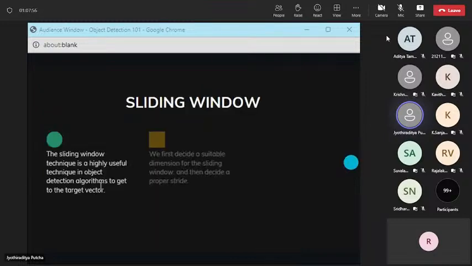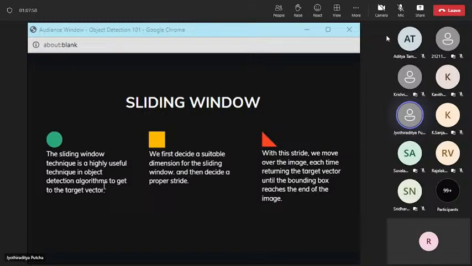So in the sliding window technique, we first decide a suitable dimension for the sliding window, and then we also decide a proper stride. Taking this stride, we move over the image, and every time it moves over the image